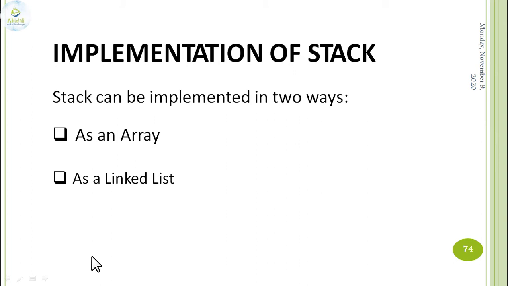So dear students, in the last class we have discussed the implementation of stacks. Taking a quick recap of the last class, we'll move to the next concept. A stack is basically a collection of linear elements where each element is inserted and removed from the same end, that is called the top of the stack.